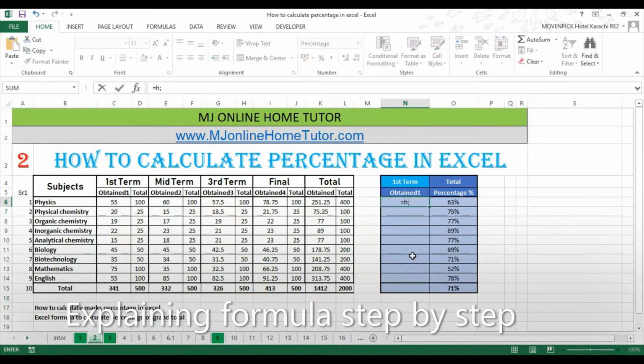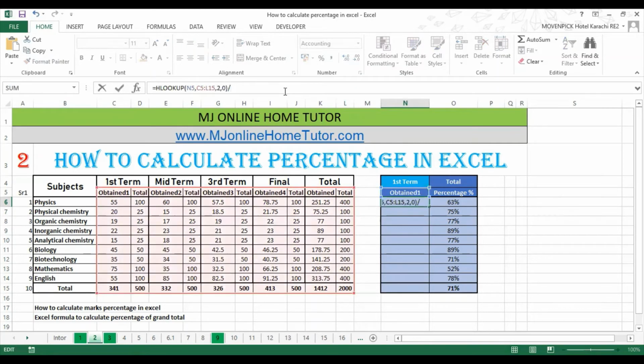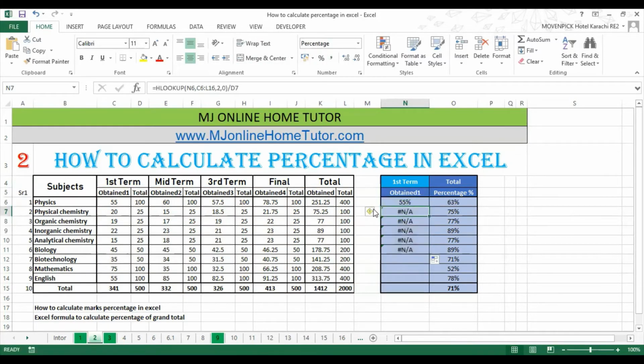That's very short but very useful. So the formula is VLOOKUP. The lookup value we have selected, then we have selected the table array, and then we have to select the row index number. So here you can see for 55, the row index number is 2. Then we will divide by 100, so we will get the result as 0.55, and then we will apply the percentage format. So here you can see we will get the result as 55%.